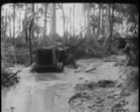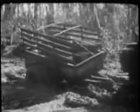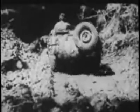Then comes the problem of keeping the vehicles moving through dense and hazardous jungles. The few narrow makeshift passageways that do exist are almost impassable after heavy rains and continuous traffic. Speed is desired, but you can't get speed under these conditions. A job for the engineers, and they tackle road building problems in wet and steaming hot jungles in the following